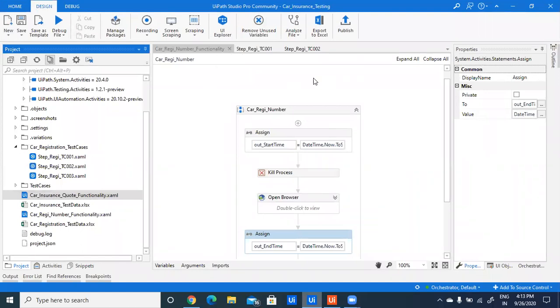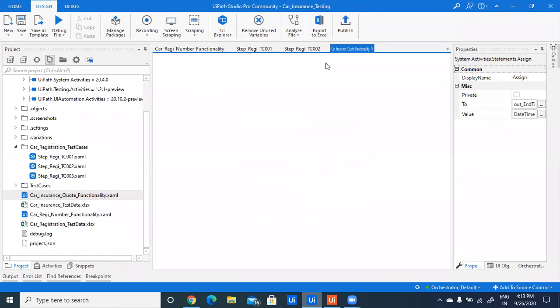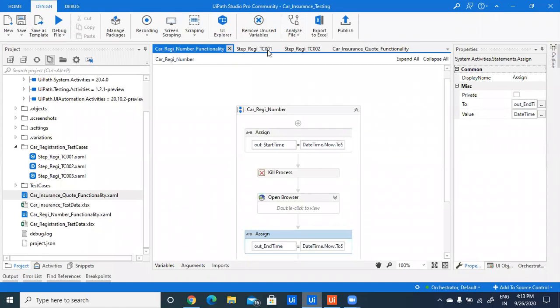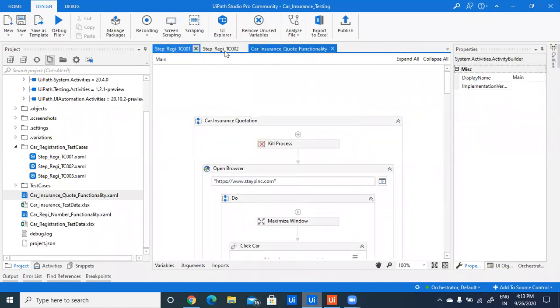I close this previous one. So this is my second module, that is, car insurance quotation functionality.